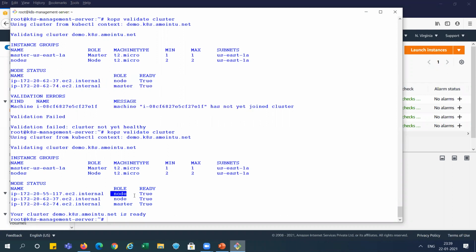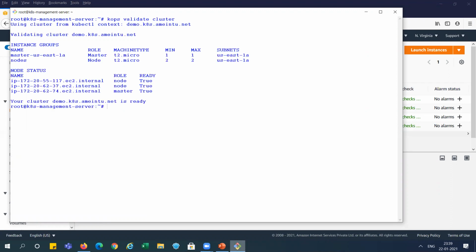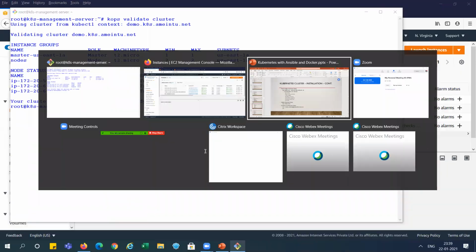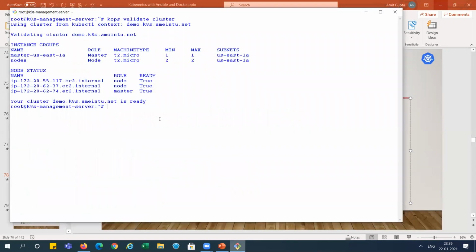After that, I'm getting the message that everything is ready, right? I will show you once more. See, all are true, right? So now in this slide, this validation is done, and we can go here and try to connect to the Kubernetes master cluster from the management one, right?